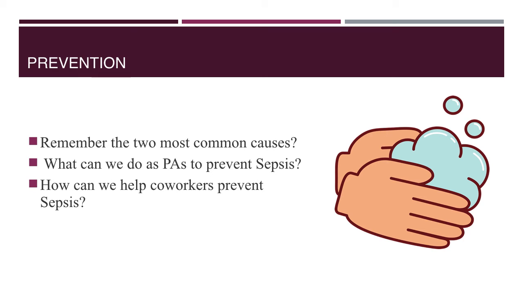So some ways that we can prevent infection can include instructing patients on proper hygiene and wound care, as well as recognizing the signs of infections and when to seek medical treatment. That's more of an outpatient setting way that we can definitely help our patients prevent sepsis, by stopping that